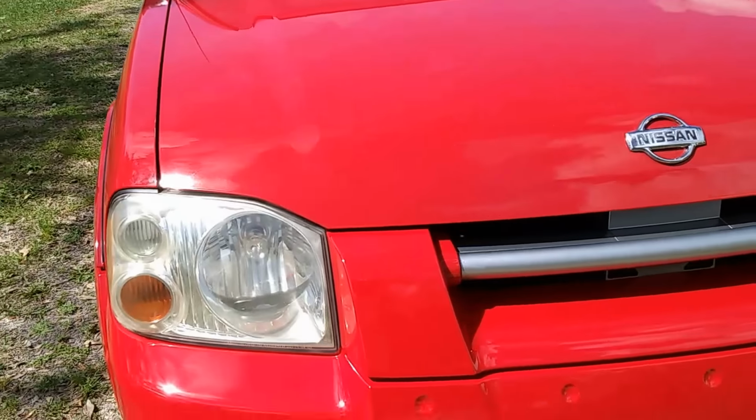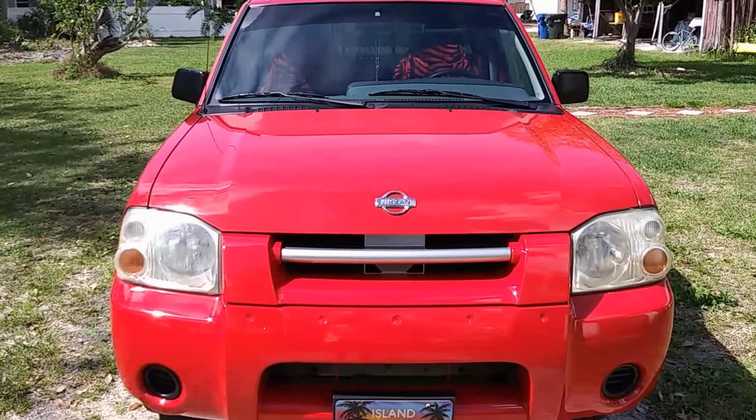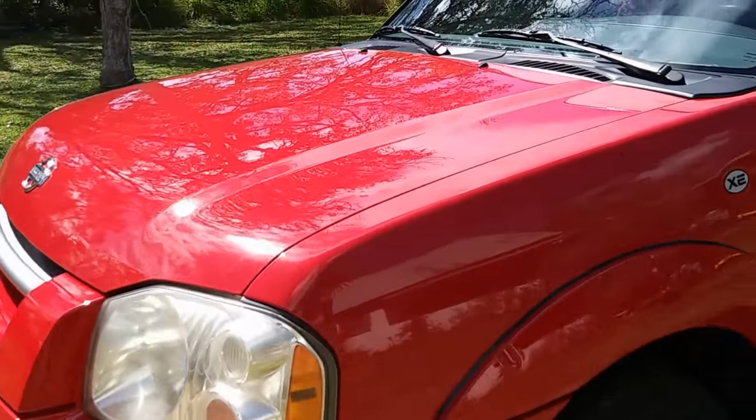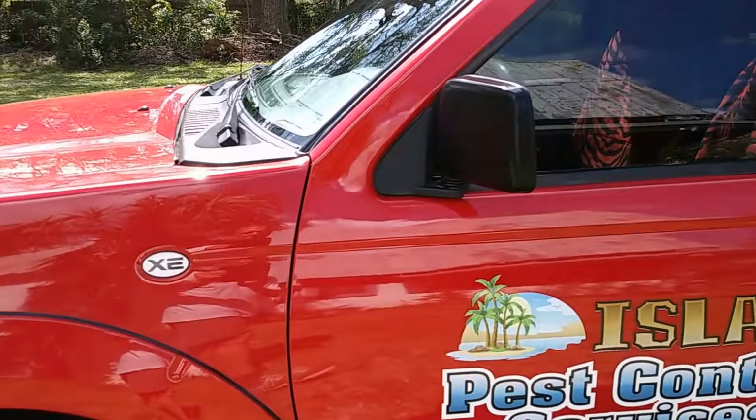It's so sunny, I've got to be honest, I can't see anything on the screen. But she recently had a little paint work, had it spruced up. They got the color match pretty good. Probably won't even be able to tell the difference between the two colors, but she had, you know, not the whole truck painted, but parts. And I used a combination of